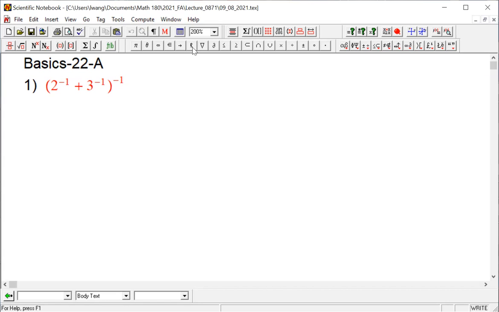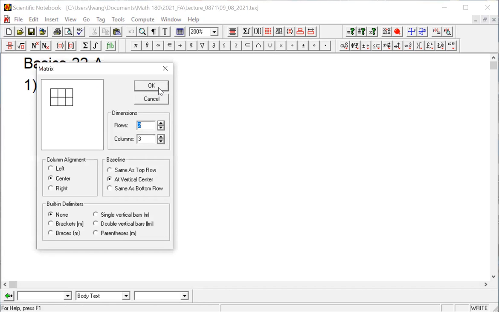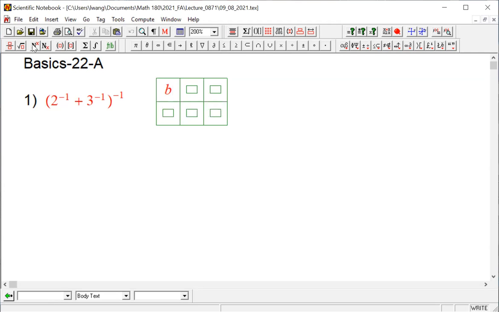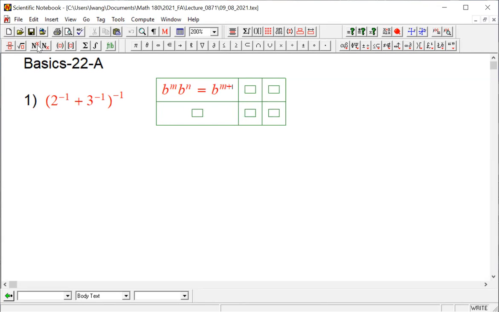So first of all, I wish to remind you of all the properties we have discussed in class, such as b to the power m multiply b to the power n. They do not apply here because that has to be multiplying. Between these two, that's multiplication. And then you can see all of those properties about power, they're all related to multiplication or